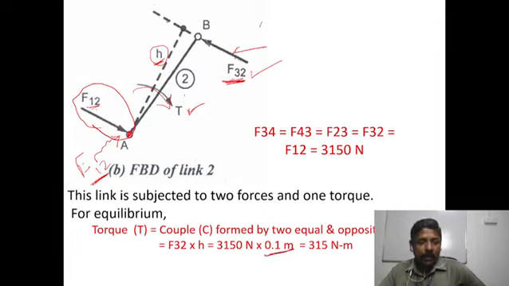Okay, so F32 and F12 are already known. We know F32 is equal to 3150 Newton. By multiplying this, we will get 315 Newton meter. So that is the couple. That couple must be equal to this torque. So torque is also 315 Newton meter. So the final solution is